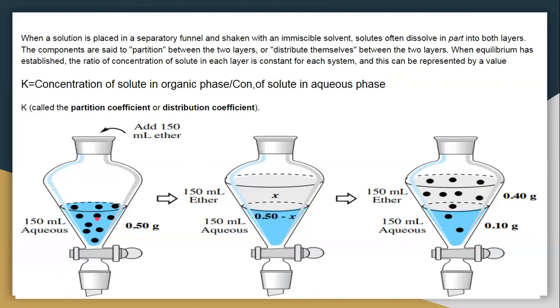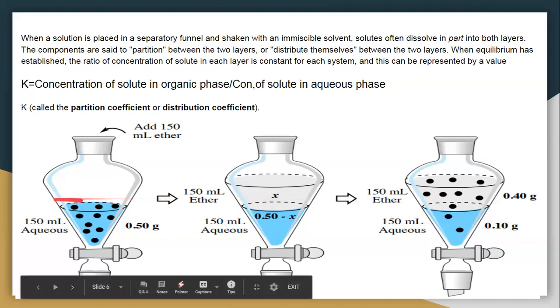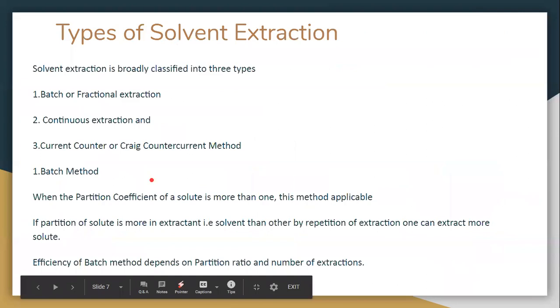That cannot be possible in the case of water. If you heat the aqueous solution, the solute may experience a higher temperature than its melting point. When the solute is exposed to a higher temperature, its chemical nature is going to be altered. We can prevent that by using an organic solvent, because organic solvents have lower boiling points compared to water. So this is the process. This is solvent extraction.